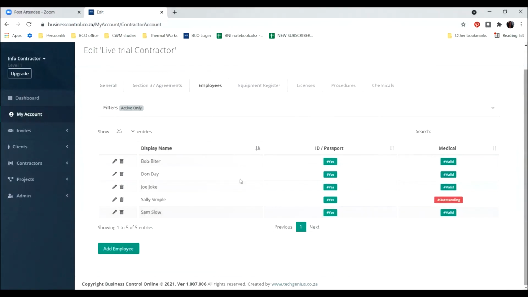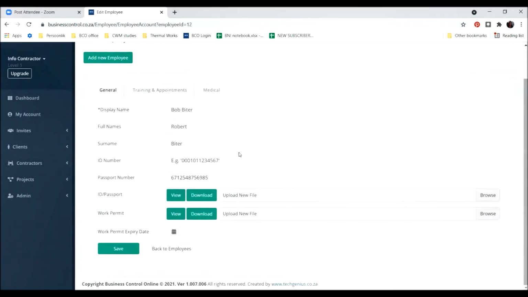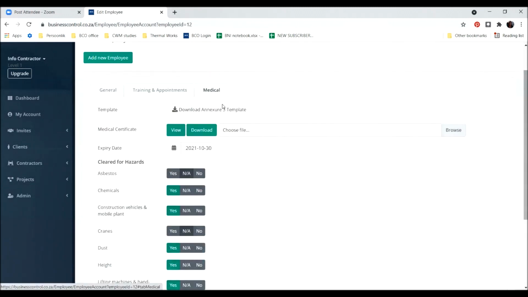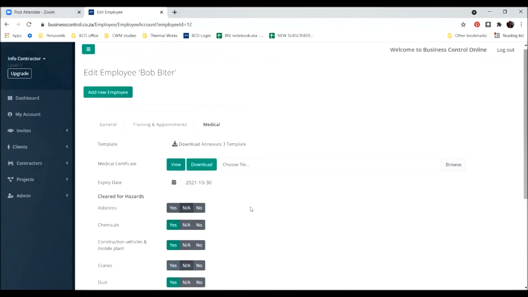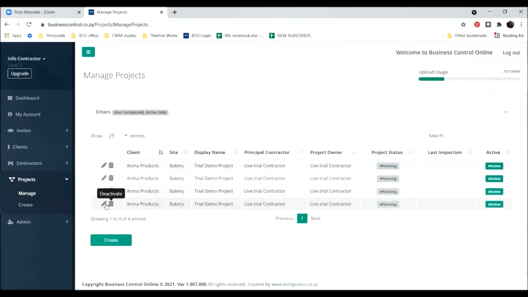So I've now selected the first employee. If you go and look, all his trainings are uploaded, and that is why the file automatically pulled it in. His medical is also uploaded and he's cleared for those risks specifically. Well, let's go to the project that we've just